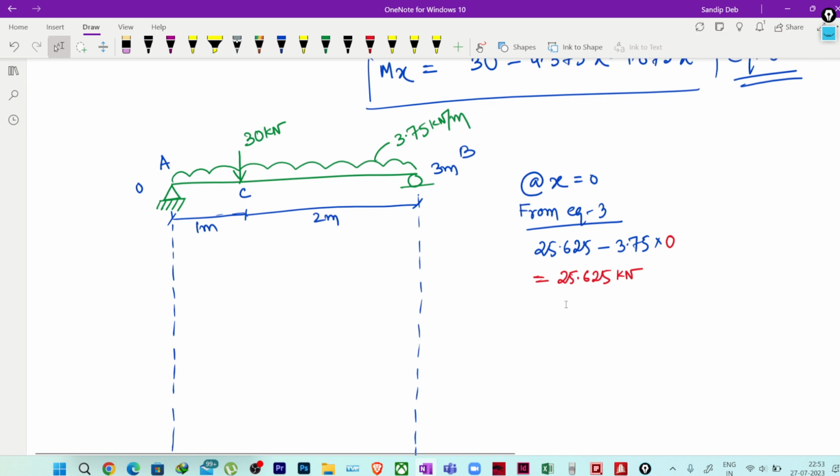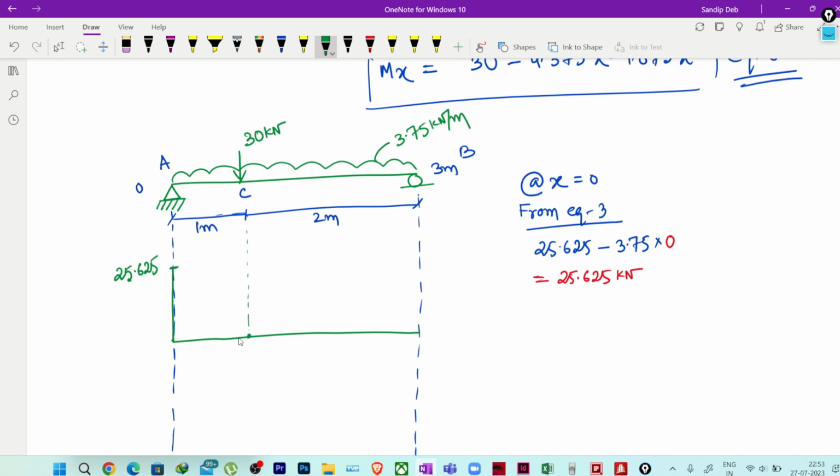Now the value of shear force is positive, so the force is also acting upwards, so obviously the shear force direction is also positive. So I hope you understand how we got this positive. So this is my beam, so I have got a positive value of shear force here, which is 25.625 kilonewton. Okay, now at this 1 meter, there is one more point load acting at this particular point,